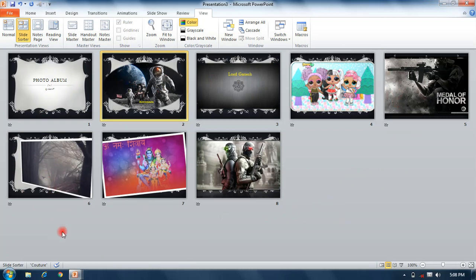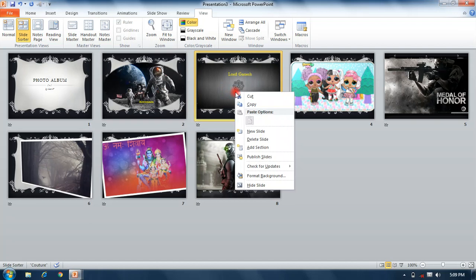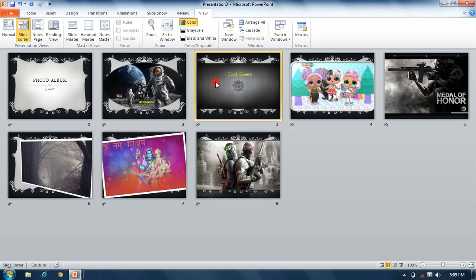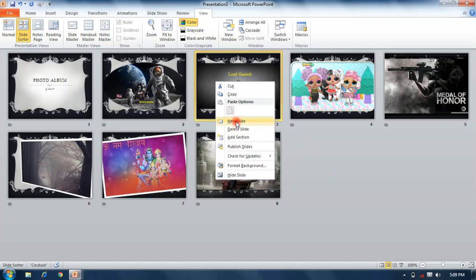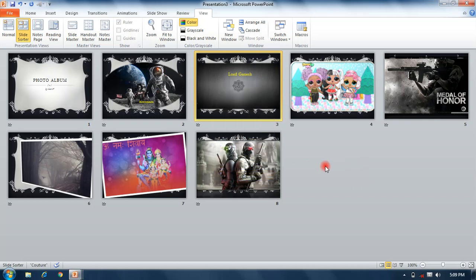In this we can easily see all the slides in one place, and we can apply many options by using right click: new slide, delete slide, add section, publish slide, check for update, format background, hide slide.